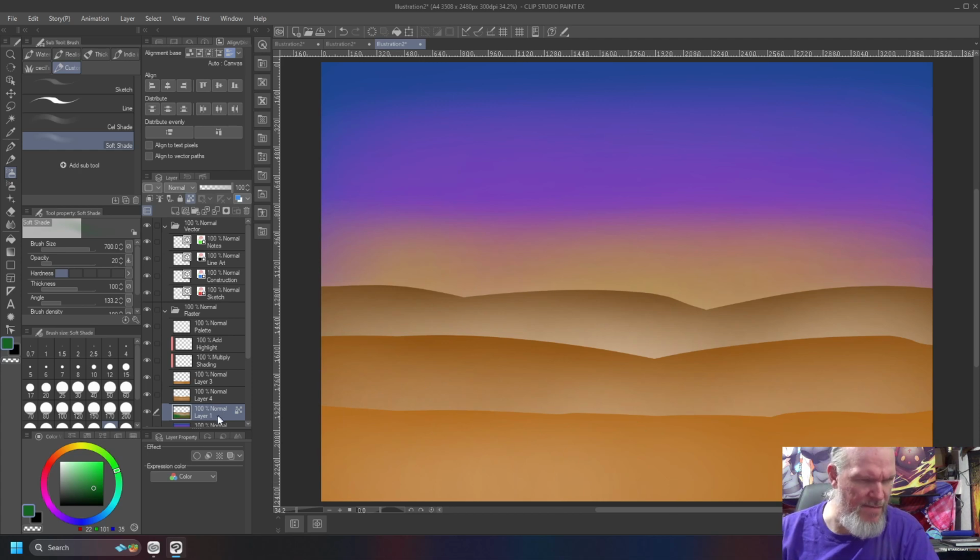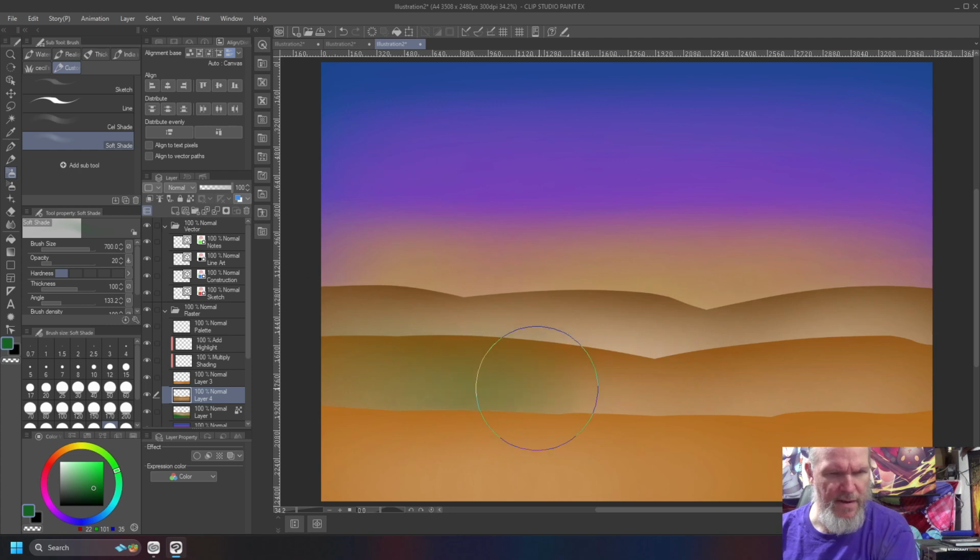It claims in the layer preview to be making changes, but I am not seeing those changes. This is odd. Now, see, that's working fine up here. So what I can do